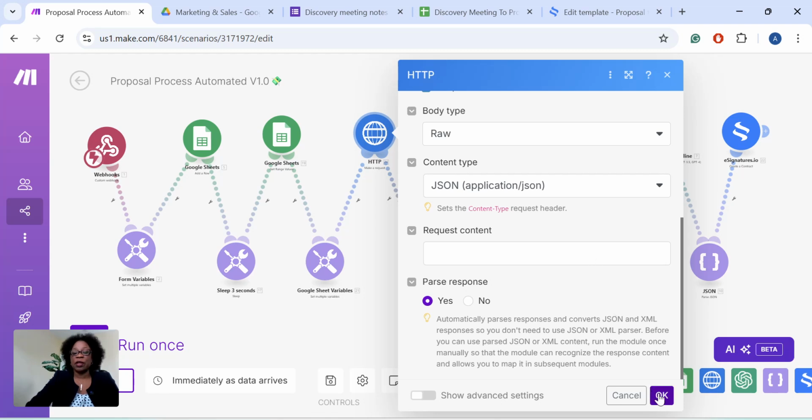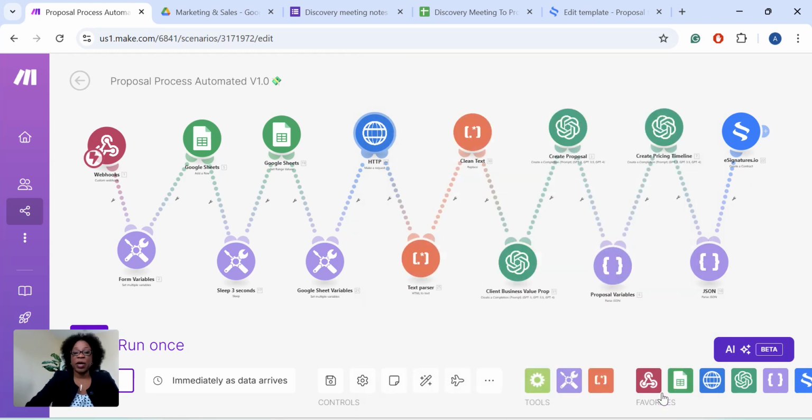So it's just using the base settings, with the exception of making sure the content type is JSON so that we can parse it later on. So once we have the information, it's coming from the website, it's going to be HTML. So we want to convert it to text so that we minimize the amount of text going into AI later on, because the larger the text, the higher the number of tokens, and then the higher the price to pay